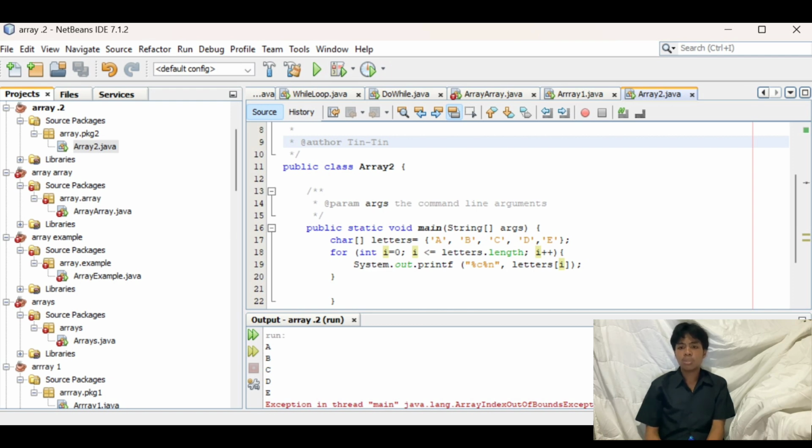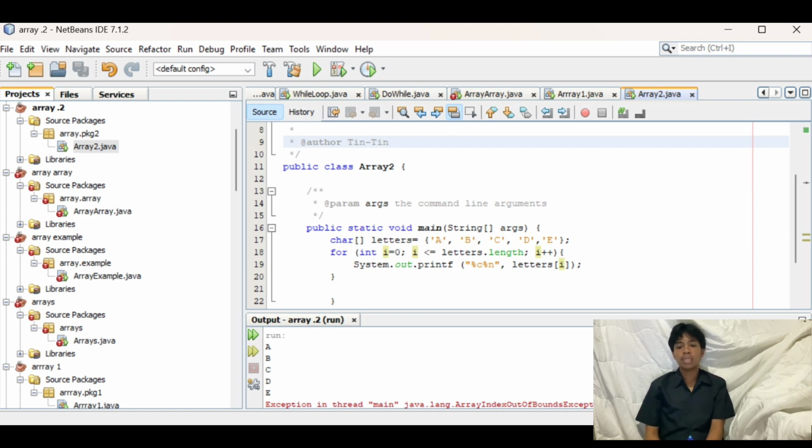This loop goes through each index of the array from 0 to letters.length minus 1, here 0 to 4. i is the index used to access each element of the array. System.out.printf("%c%n", letters[i]).